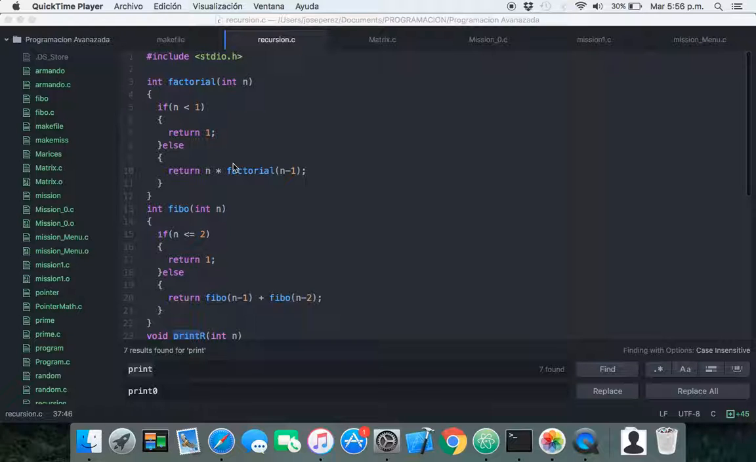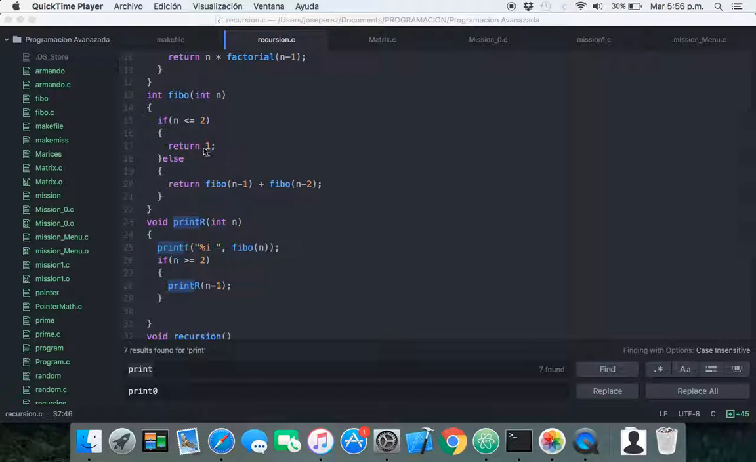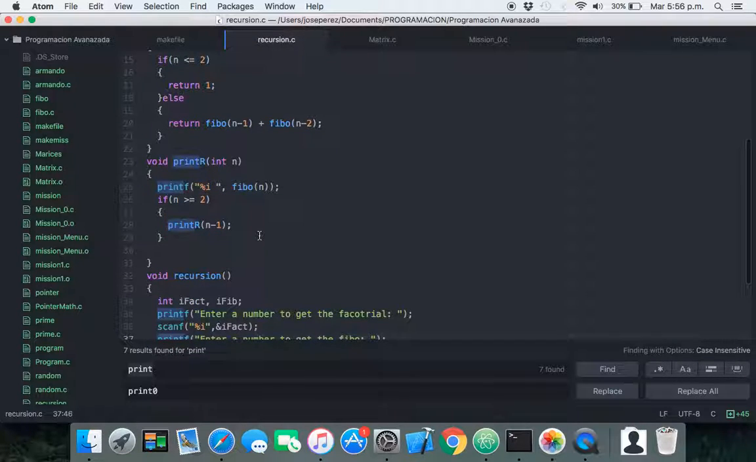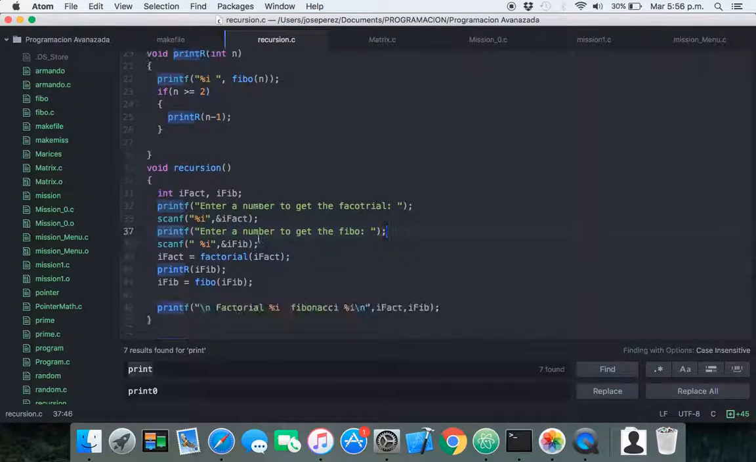In this case, I have a function of factorial, a function for Fibonacci, and a function that prints Fibonacci. Then I have a void version for the function that is recursion. In this case, it is the main, but we will see later why I put it in a void function. For example,